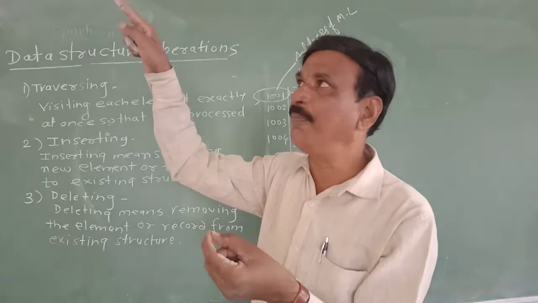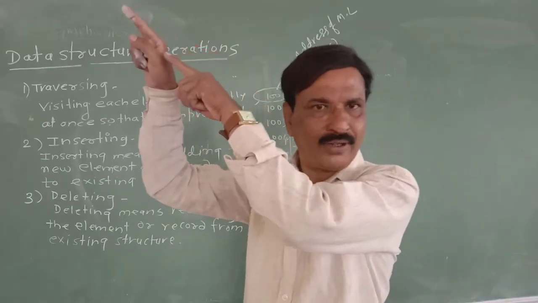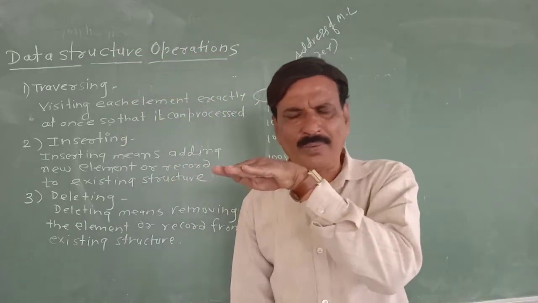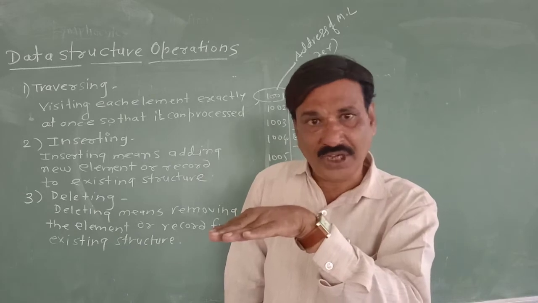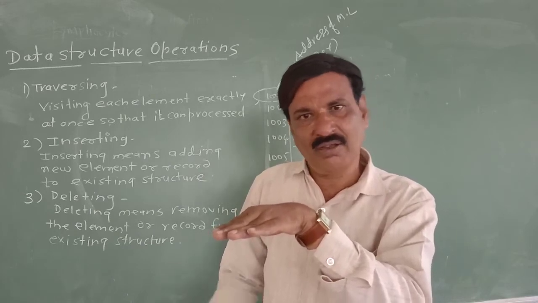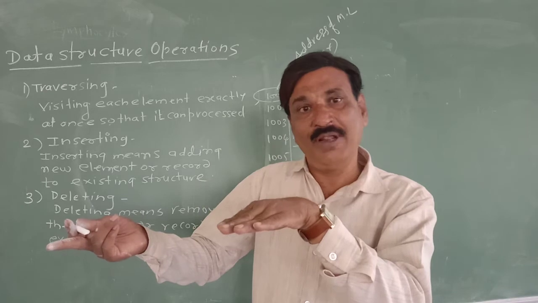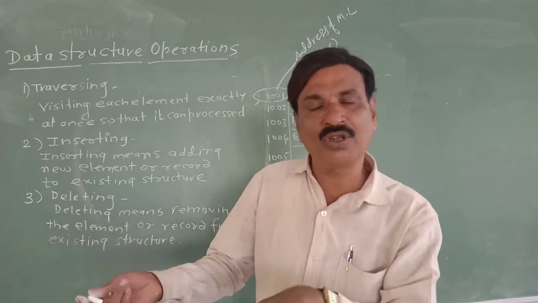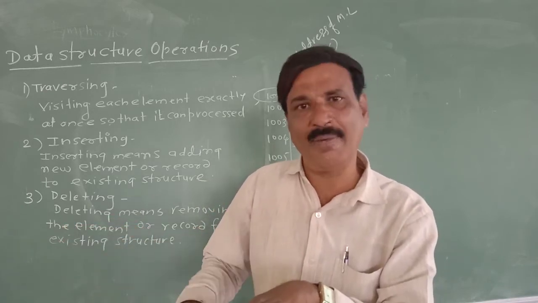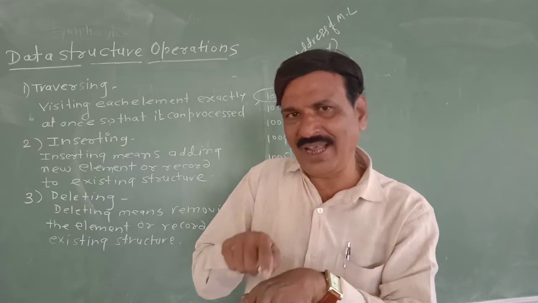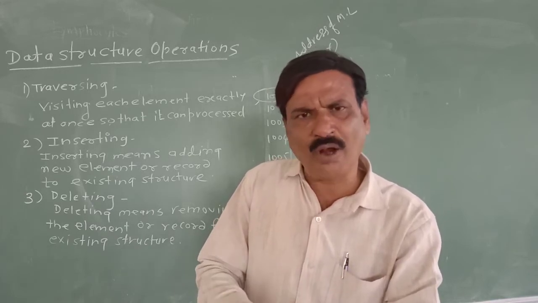So he will compare his name with that element. If not matched, he will come to the downside. The second element will compare his name with the name in the list. He will come to the third name, that is the third element of the list. He will compare his name with that, and so on.